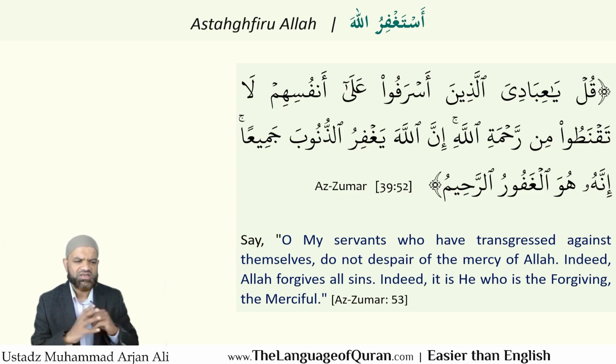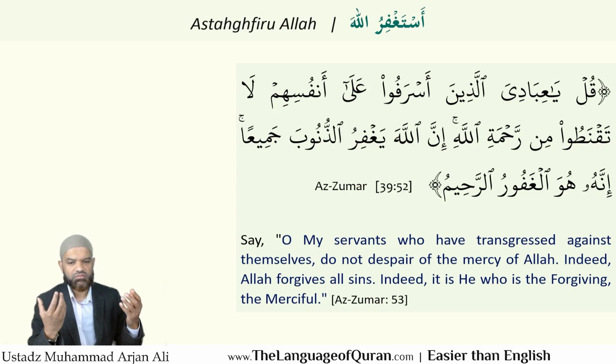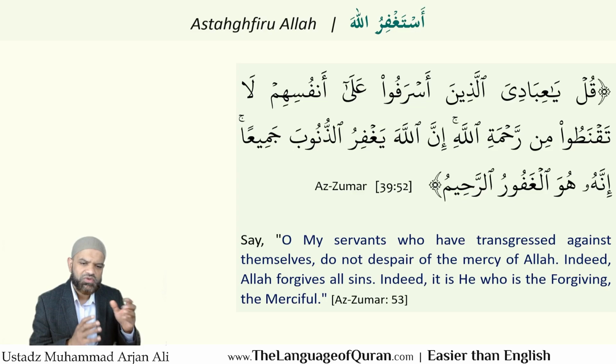So Allah says, O my servants who have transgressed against themselves, i.e. we have done wrong against ourselves. Every time we commit something that we should not do, it is actually we who harm ourselves. For example, we seek forgiveness of Allah, but if somebody drinks alcohol or takes drugs or lies, cheats, backbites or slanders, they're not harming anyone but themselves. These things have a reaction upon us. So Allah is telling us, you are the one who caused this problem. You are the one who did the wrong.